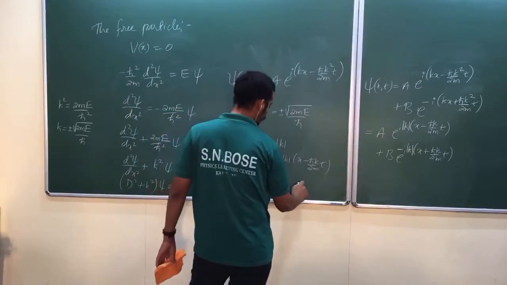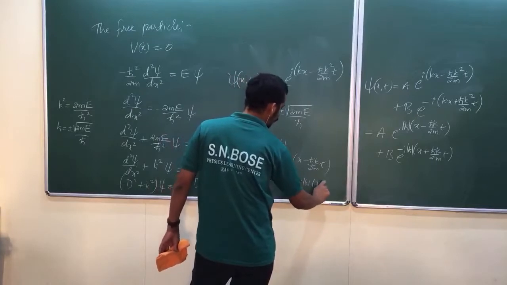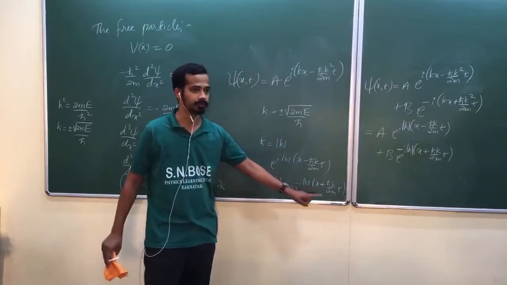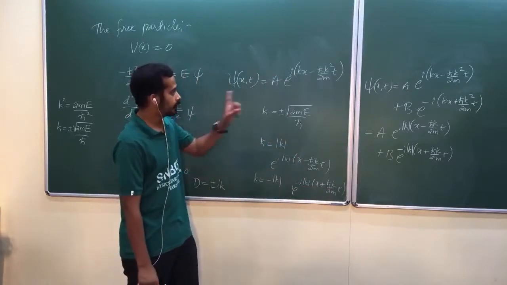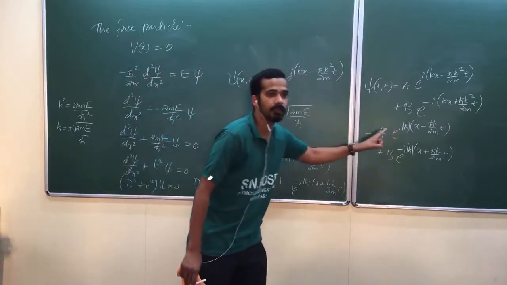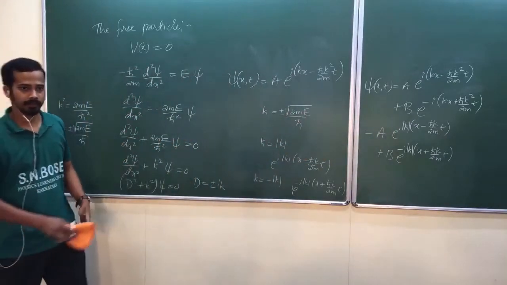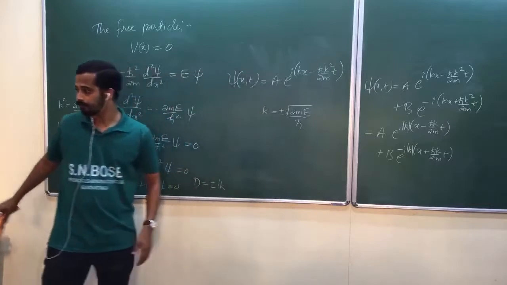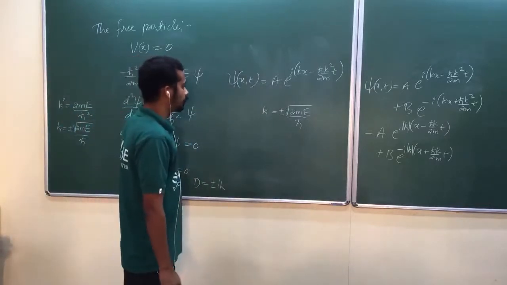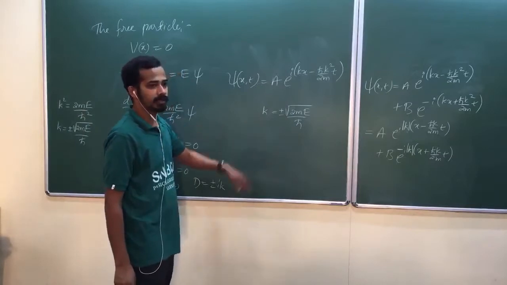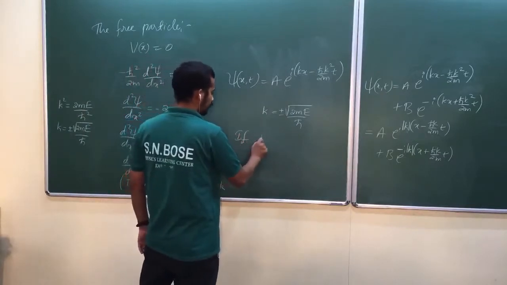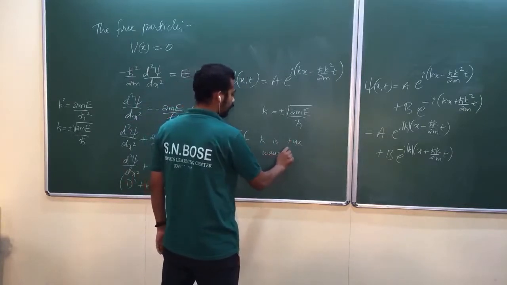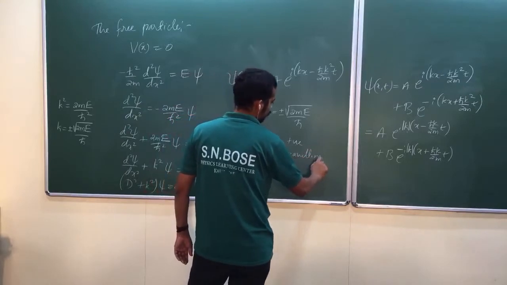So this equation, what would happen? Minus i mod k, if you take outside, x plus h bar k by 2m into t. Negative sign is taken outside here. Now this one equation contains both of these parts, I mean wave traveling to the right as well as left. Now look at here, the direction of travel of wave. That can be seen by the sign of k, am I right? If k is positive, what you can say? It will represent wave traveling to the right.